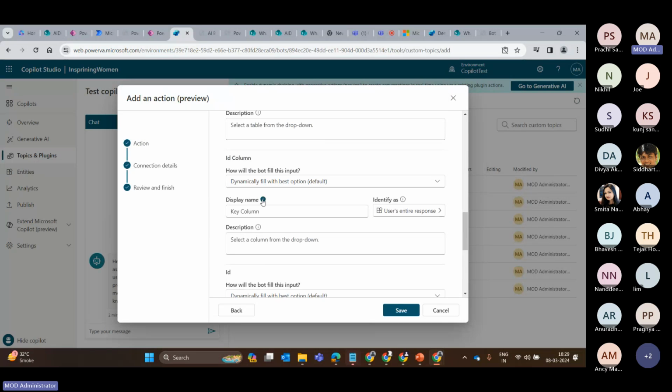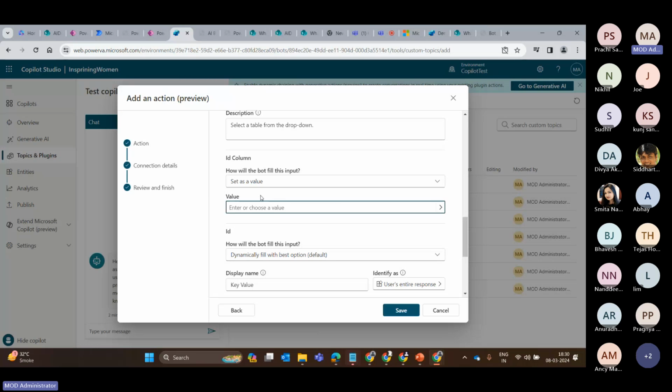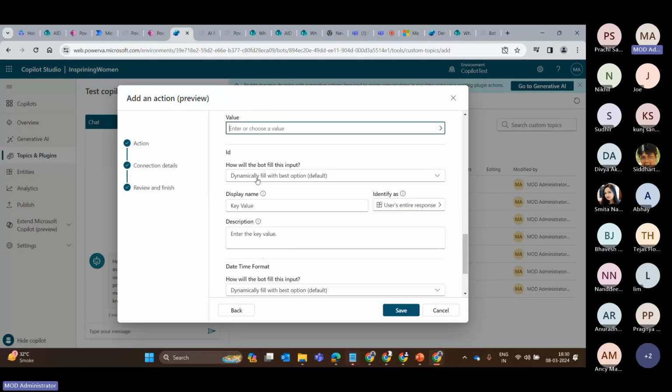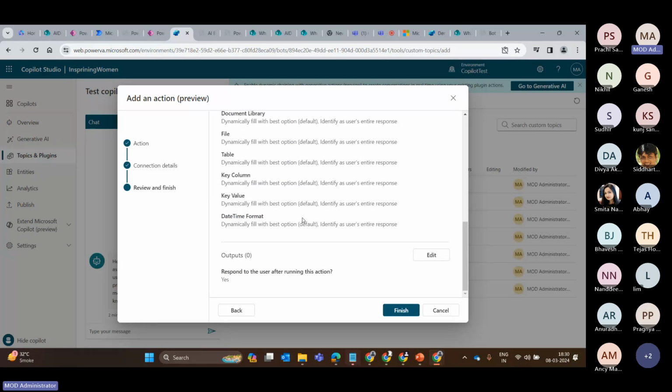Once you are done configuring this, if you don't want the bot to ask questions, you can set the static value as well, just like on the SharePoint side. It doesn't have to be dynamic, but the IDs and such information can stay dynamic. Once you are done, hit save. And if you want to configure output, you can configure outputs as well, because if you want to take this output value and chain it ahead with some other ongoing conversation below, you can do that. Once you are done, hit finish, and your action